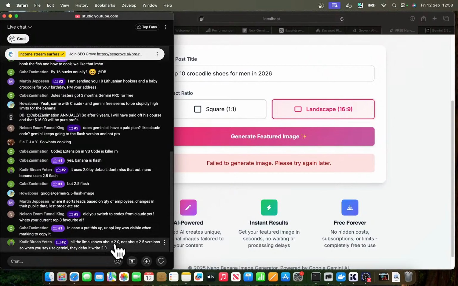All the LLMs know about 2.0, not about 2.5 versions. So when you say Gemini, they default to 2.0. Yeah, I know that. I thought that Gemini had this covered though, but I guess not. Oh my God, that's